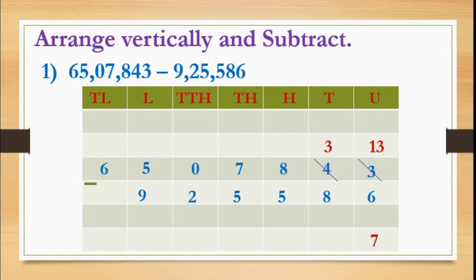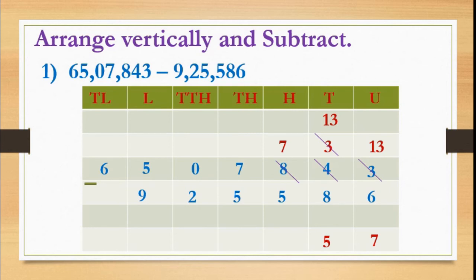Now 13 minus 6 is 7. We know that because 13 is bigger than 6. Okay. Now we'll move to tens place. Here 3 minus 8 again not possible. So it borrows from hundreds place. Here 8 becomes 7. So here 3 tens becomes 13 tens. So we can easily minus 8 tens from 13 tens, that is 5 tens. Correct?